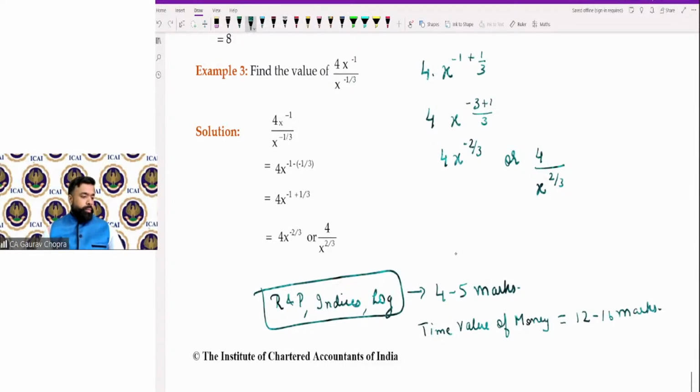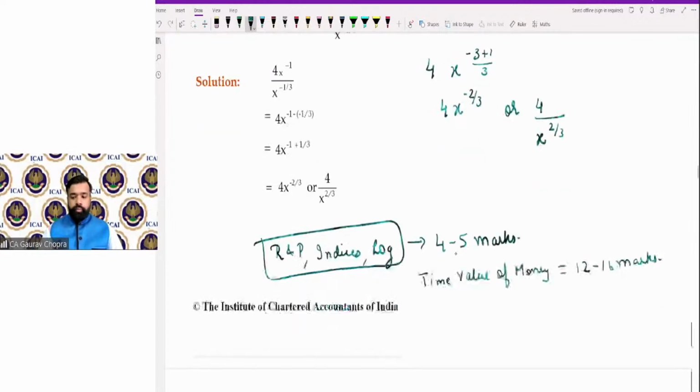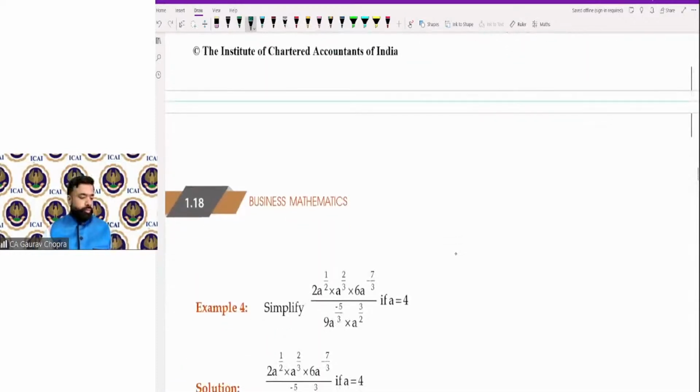Then Priya is asking about the level of questions. See, the level of questions we are covering is from the module, and I am also giving you extra practice questions. So that is the level which is normally asked in exams. Pooja says, please tell some calculator tricks. Yes, I have already told you, wherever required, we will be discussing all those tricks.